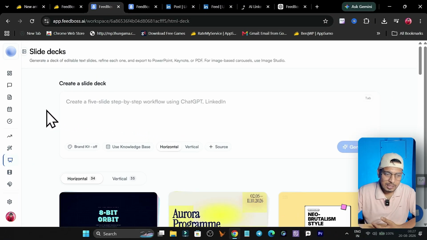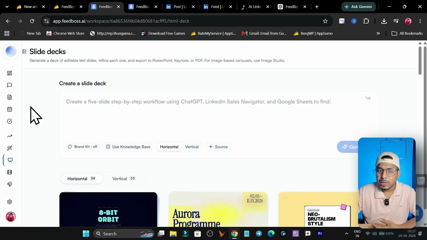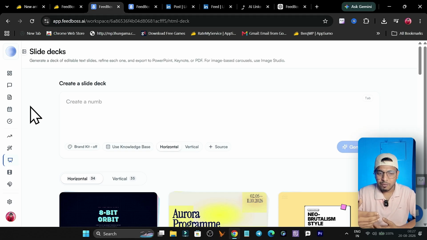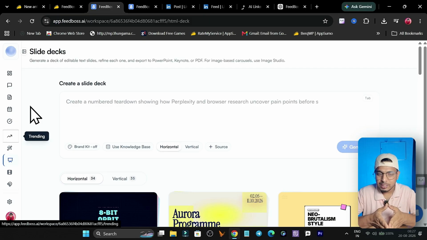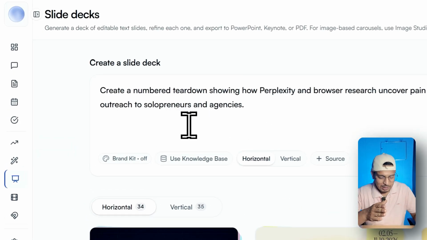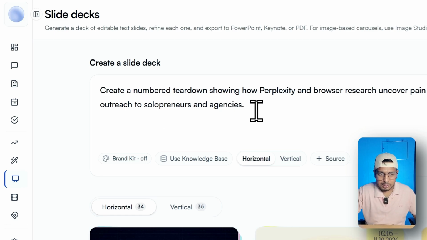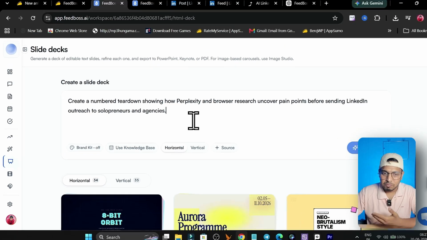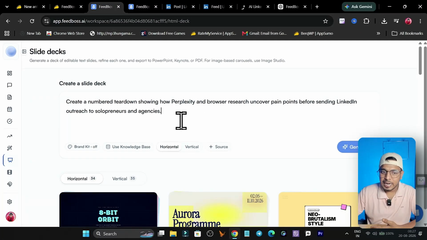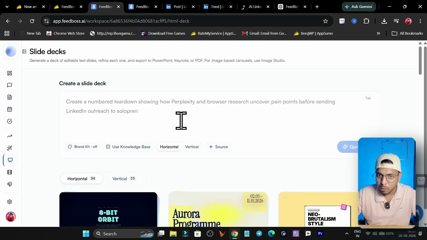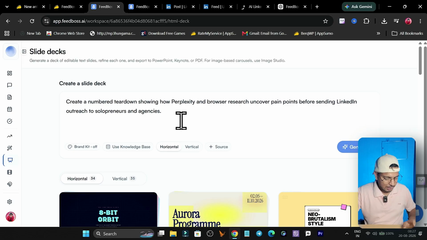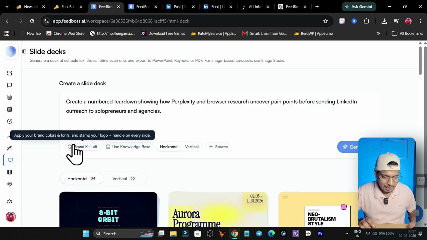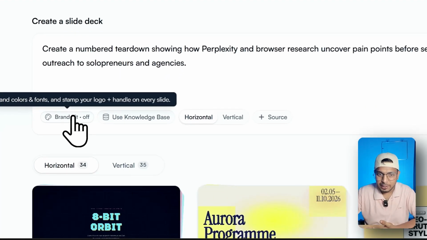Okay, then this is the slide deck, and with the help of it you can create the carousel. So right now you can see, even if you don't have an idea what kind of prompt or steps to give the AI to generate the carousel, simply hit the tab here, and it will instantly give you a prompt or idea that is highly personalized for your LinkedIn profile. Just enter one prompt. Let me show you again. Just hit the tab, and here you will get the idea.